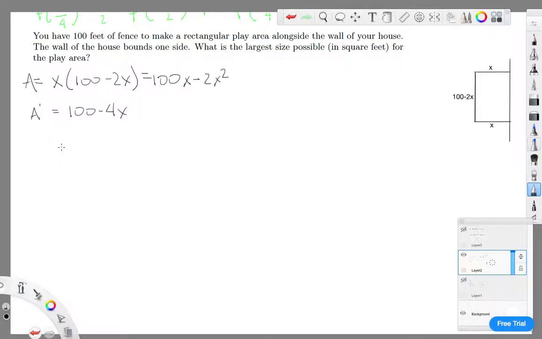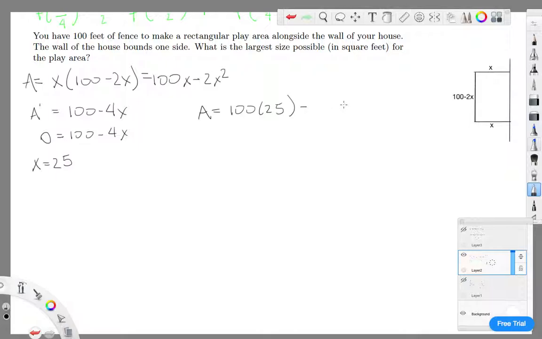And remember from a previous video when we were talking about the first derivative test, we know that we're looking for a maximum, right? And so this is just an application of the first derivative test. Therefore, we set this equal to 0, so 100 minus 4x is equal to 0. We get 4x equals 100, or solved simply, x equals 25. All right, and so we're going to take that 25 value, we're going to plug it back into the original equation, and we get A is equal to 100 times 25